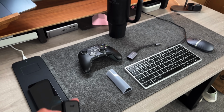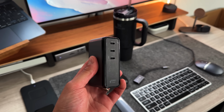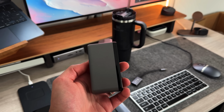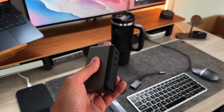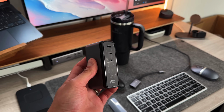Now, we did learn that the iPad Pro supports up to 45-watt fast charging. So we did learn that at a minimum, the iPad Air does support up to 33 watts of fast charging, maybe even a little bit more. But what I like about this one is that it is able to charge not only your iPad Air, but it has 3 ports. So you can charge your iPhone with the USB-C cable, you can charge your MacBook, and charge everything at full speed with no worries, and be able to charge all your devices very quickly. So that's just a solution for you to be able to have,